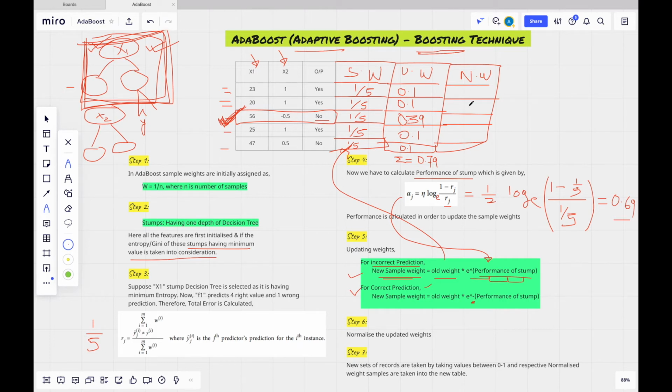0.1 divided by 0.79 is 0.12. So all will be the same for correct prediction.